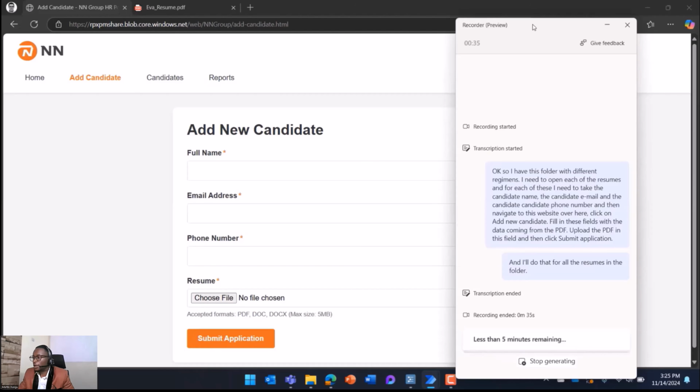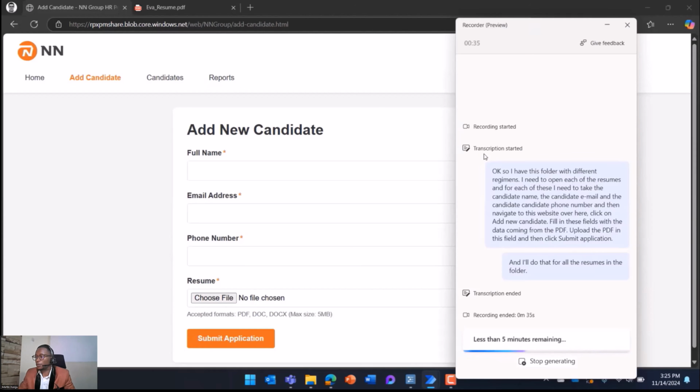So it has captured the instructions we've given it, and it's taking a moment to analyze the transcription and create the actions for us. What's happening now is there's an LLM powering this process, converting our audio to a transcription, and then the transcription to the specific steps we want our automation to do.